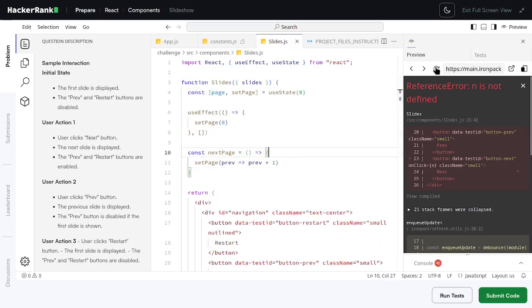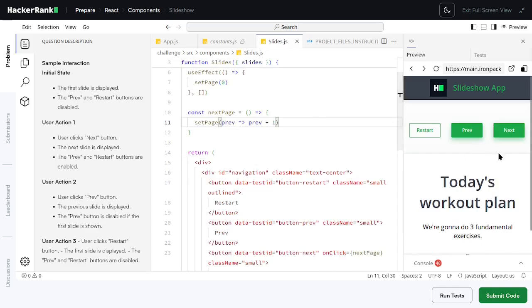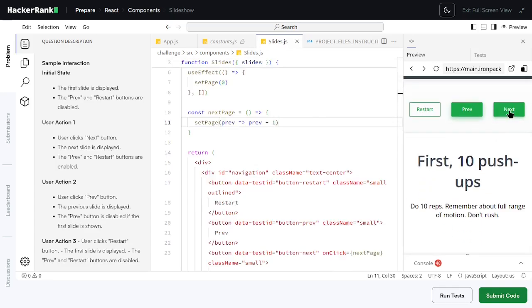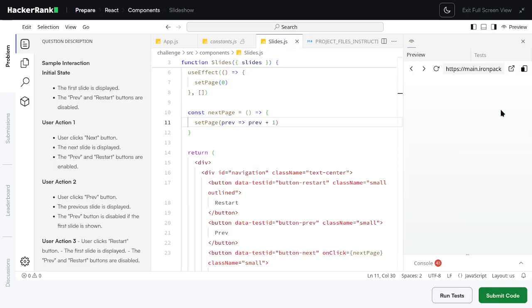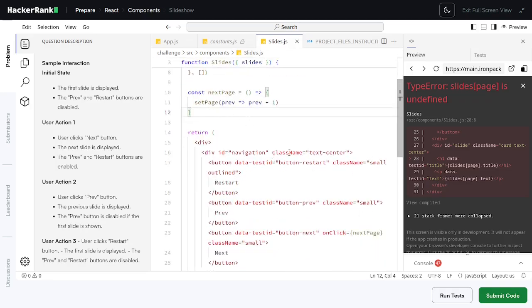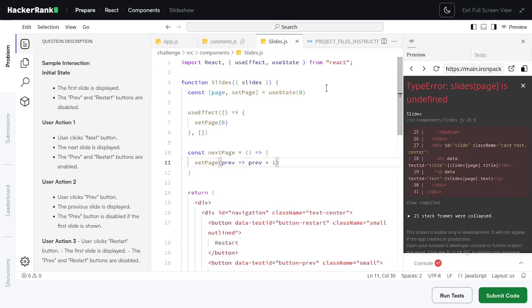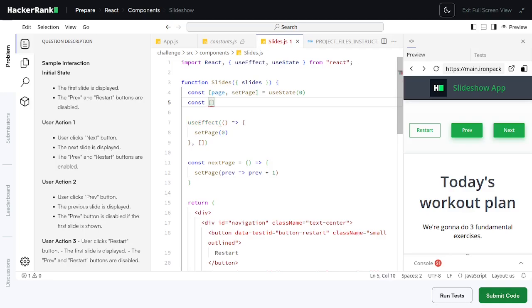Parents is not defined. Let's reload this. For the next, so it's now working, but it will overflow, like out of bound, because we don't have any control of the set page function right here. For the set page useState function, we can simply use another useState, but for this one it's only the variable, not the function like the one above it,